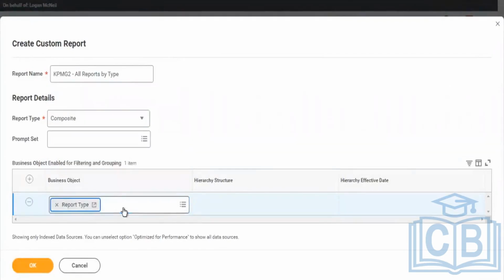I'm going to use this. Selecting a report type as the business object, and I'll click on all. Now, if you see, the layout of a composite report is unique. It's unlike